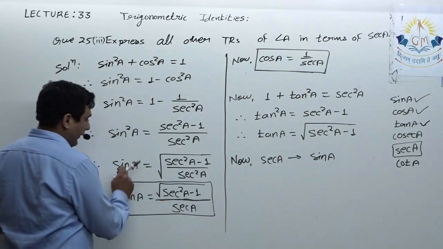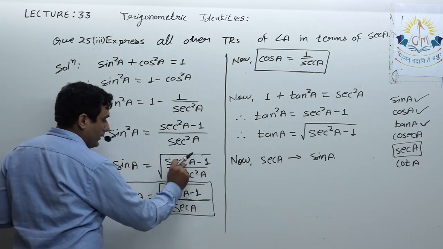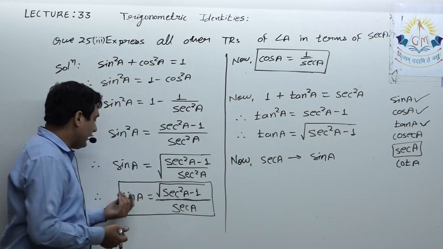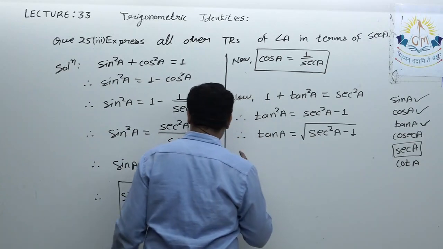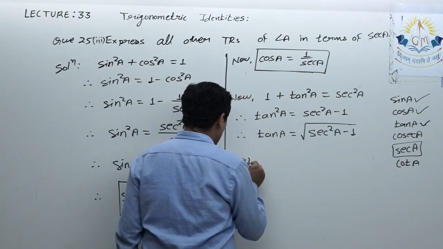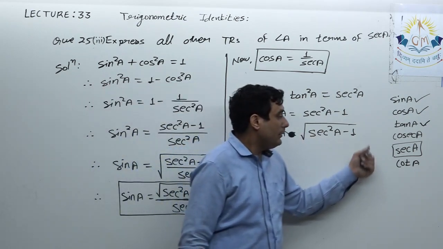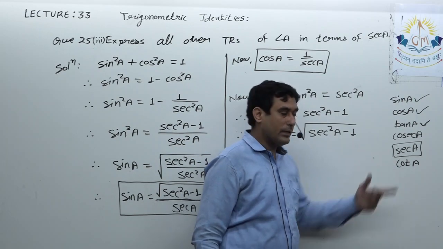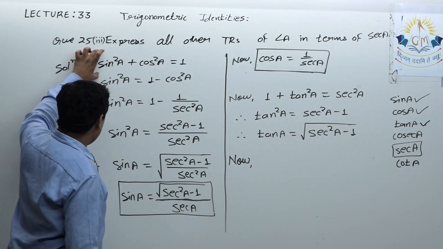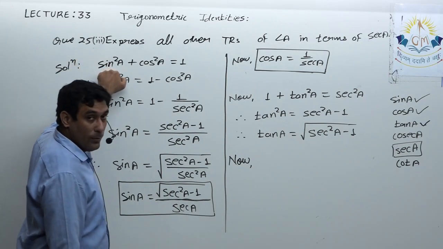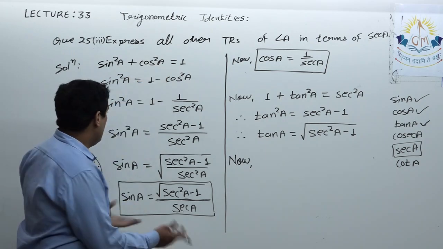I can say if I use the result directly, I can write that sin A is equal to this, and then I reciprocate, then I will get cosec in terms of sec. Suppose they are directly asking to write cosec A in terms of sec A, then definitely you have to start with the original identity. In the very first step I write sine as 1 upon cosec square A and cos as 1 upon sec square A. Then I can get the relation.